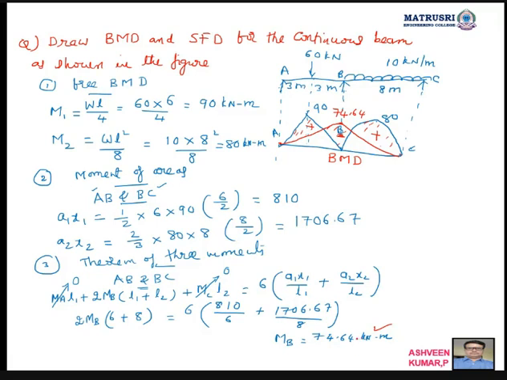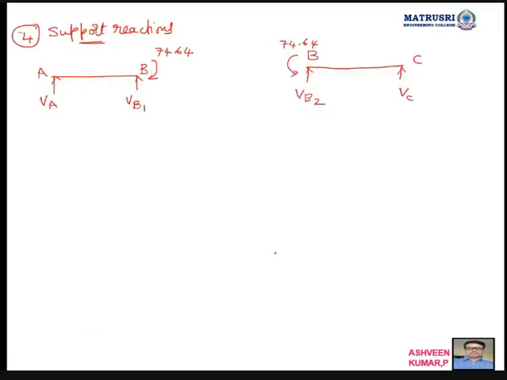If you are getting positive here, keep in mind please all of you, left side you take anti-clockwise, right side you take clockwise. Why? Because from left to right anti-clockwise is negative, from right to left clockwise is negative. That's why I have written like this. Please keep in mind all of you. If you want, you can take note. In the theorem of three moments, if moment is positive, left side anti-clockwise, right side clockwise.